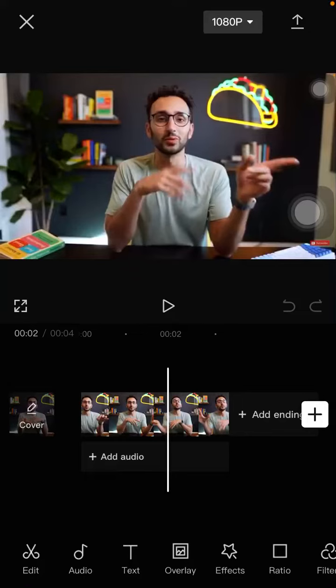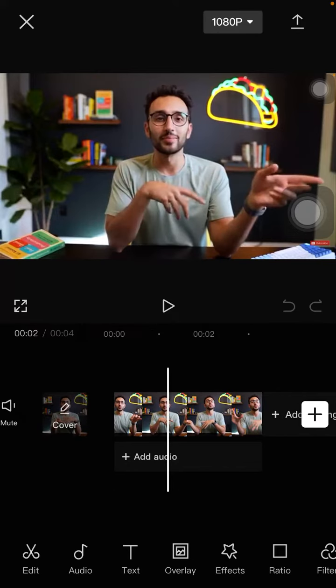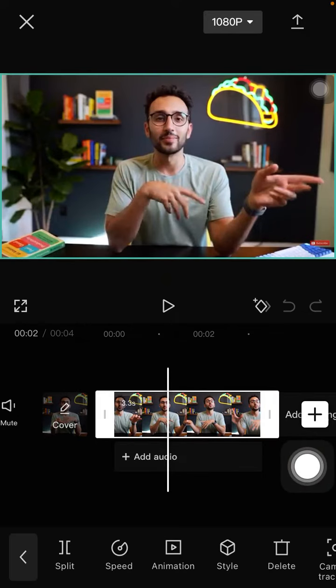In this simple video, I'm gonna show you how you can remove the background in the CapCut app. So prepare your videos, and I already have the video that will be edited. And to remove the background, you are just going to click on the clip and select